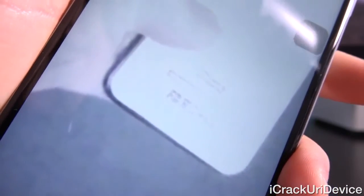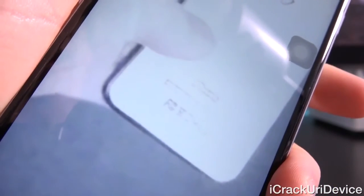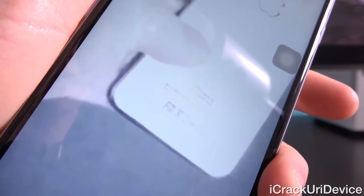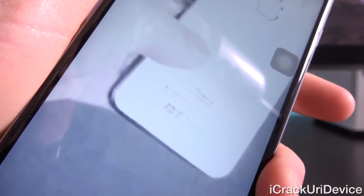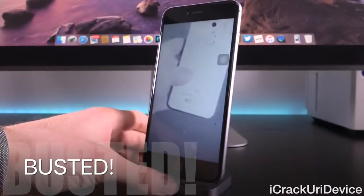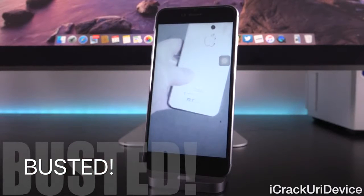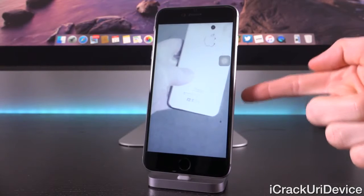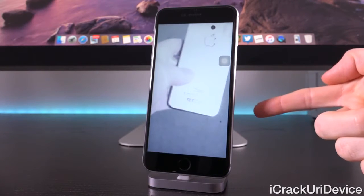So let's go ahead and get a close-up of that here. You can see it is kind of hard to make out because the image is definitely blurry, but we do have that traditional FCC logo along with the other do not dispose markings, etc. So there's absolutely no way that Apple would go back. This was a huge move for them to be able to release a product without those markings on the back. So even though this is undoubtedly fake, what do you guys think about the design in general,